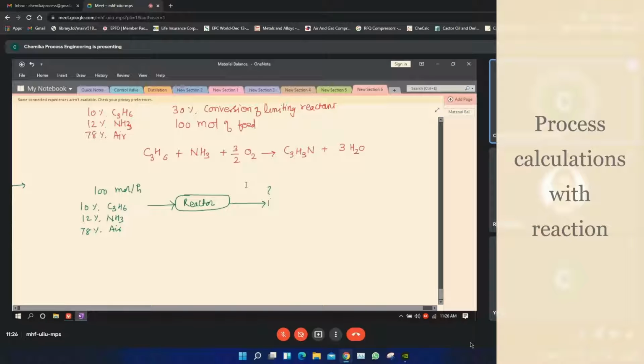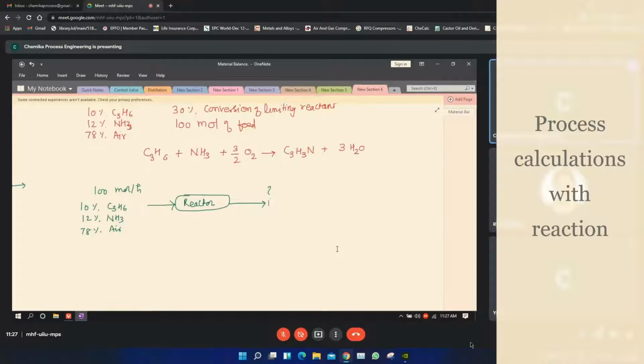100 moles per hour is going inside. It may be that 200 moles per hour will come out. Many times I found many people jumble this up and don't understand the real thing. So the molar flow rate will be different, while the mass flow rate will be the same.